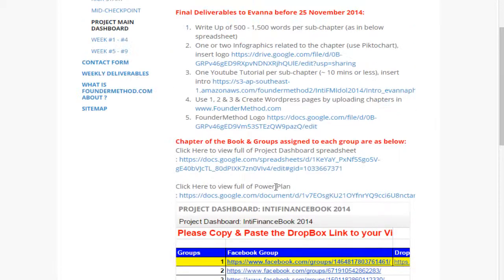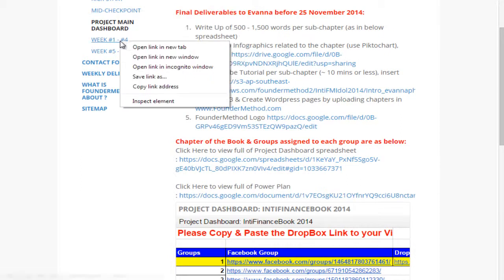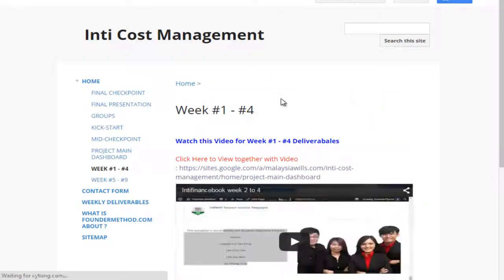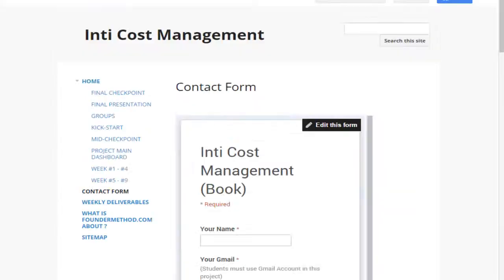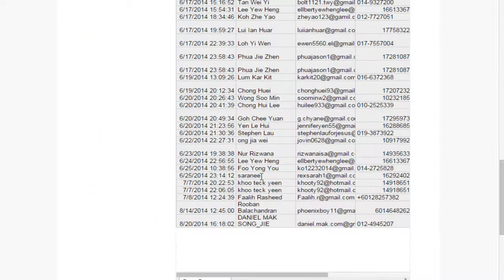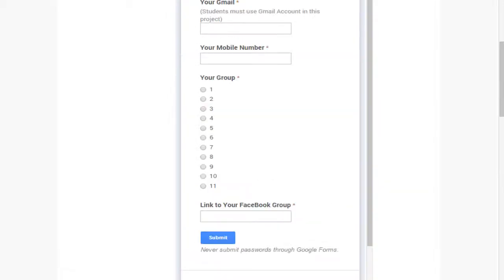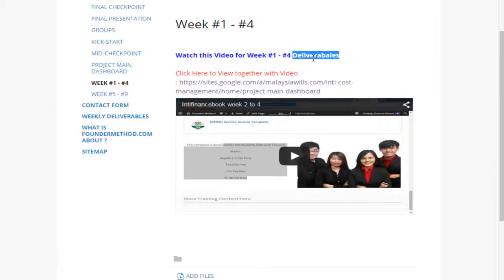And as I think I shared last time, I use only Google Spreadsheet to manage my projects. I also have one special thing: I have clear deliverables, and then I use video to deliver my instructions, because there are too many students. I cannot be telling them over and over again, and if they ask me through email or Facebook, I need to reply to them. So this is what I did previously.